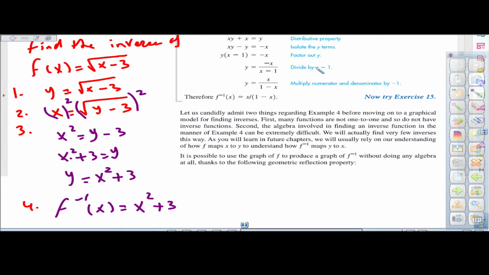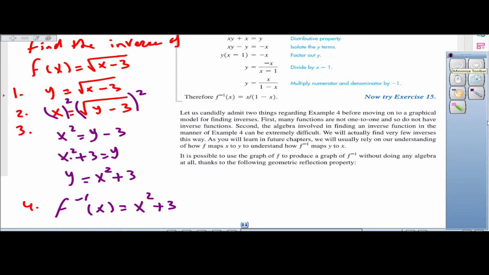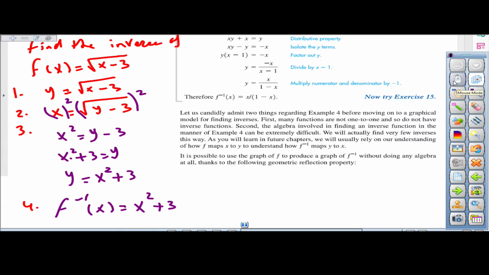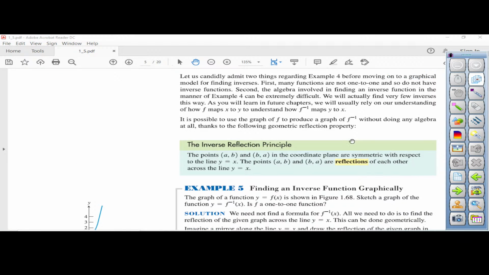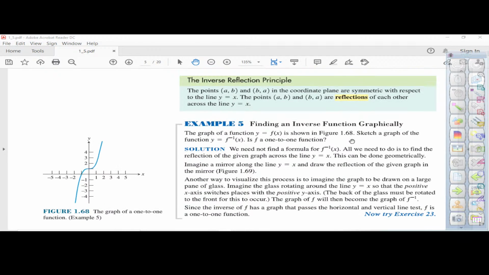Let me introduce two other ways, just for the time frame that we have, to find out if we have an inverse. That's why we're recording this video, and we're going to have some homework on that as well. So the first one was to tell if you have an inverse by graphing. Here's the second one, and it's pretty easy. You could tell graphically if you have an inverse